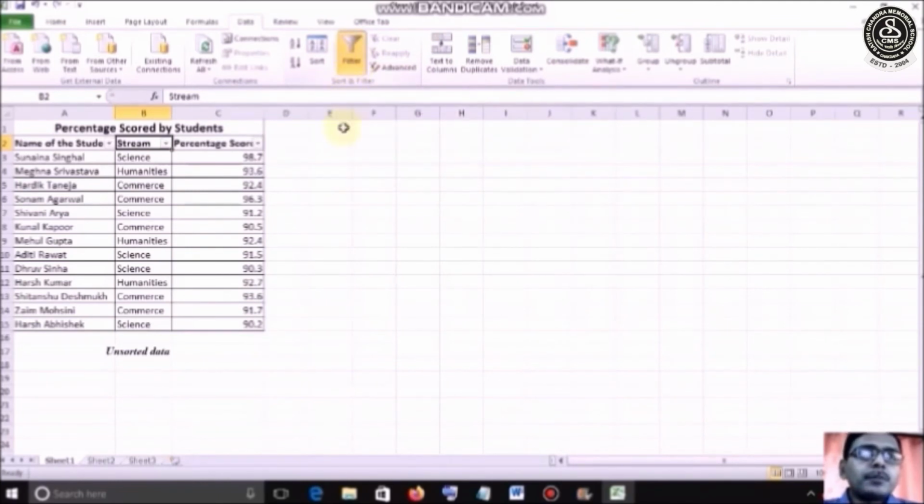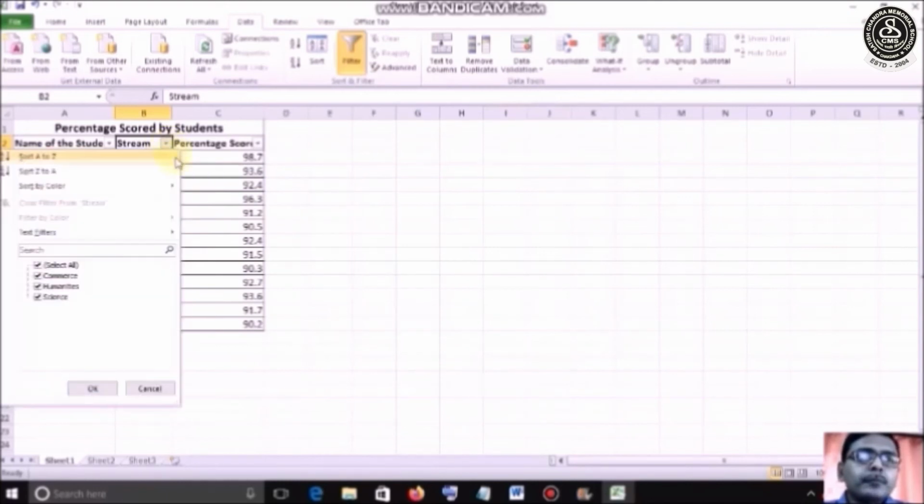As you click on the filter option, you see after every column name, the filter arrow has come. After this, click on the arrow next to the stream column. As you click, options come. So either you can type the text filter since it is a text column.